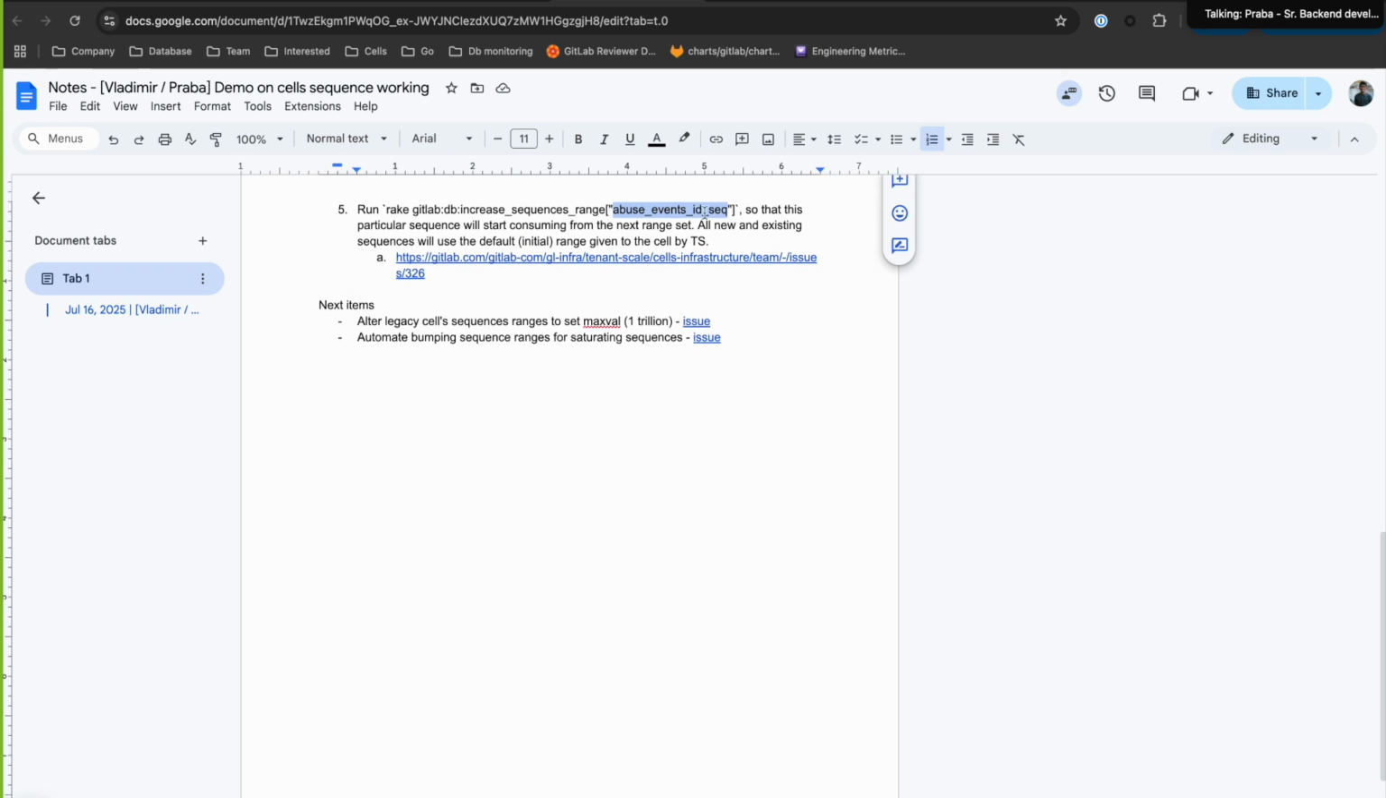For now, it's been done manually, but we also have plans to automate this process. We can have a cron running in GitLab.com, which will get all the saturating sequences and do it automatically. So there's an issue to track this. And also there is another issue to set the maxvalue and minvalue for the legacy cell as well. As of now, it's not needed because 1 trillion IDs are more than enough for the legacy cell IDs to grow into,